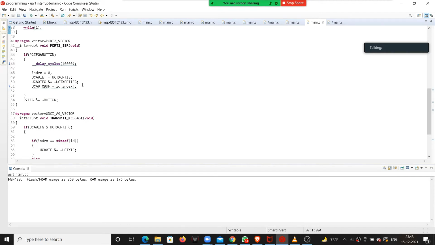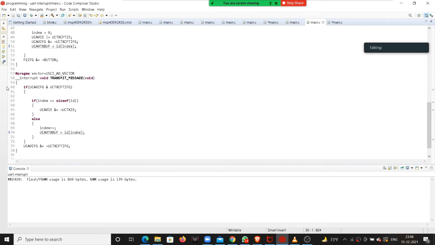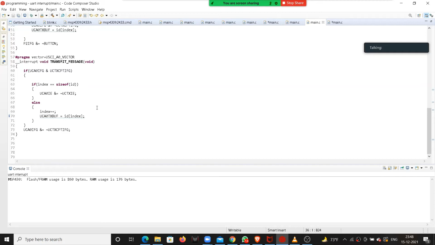Whenever the first letter is transmitted, the transmitter interrupt flag will be set to 1 and an interrupt will be generated. After that it will enter this transmitter interrupt routine where it will increase the index by 1 each time and transmit that letter, and whenever the next letter is transmitted, again the interrupt will be generated and it will again come into this transmitter interrupt routine, and again it will increase the index by 1 and continue the process until the whole message is transmitted.